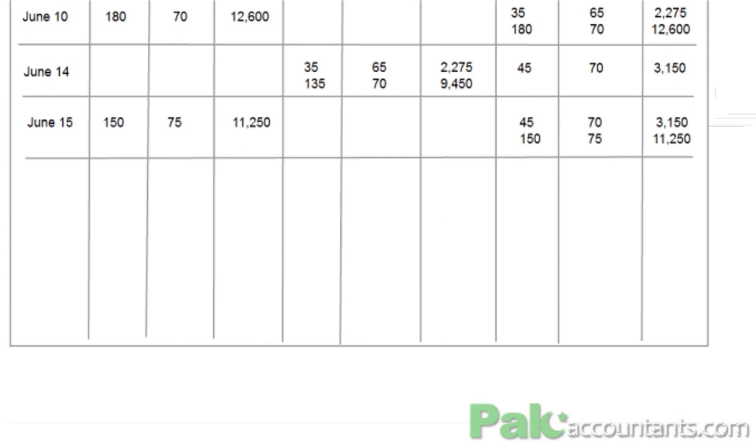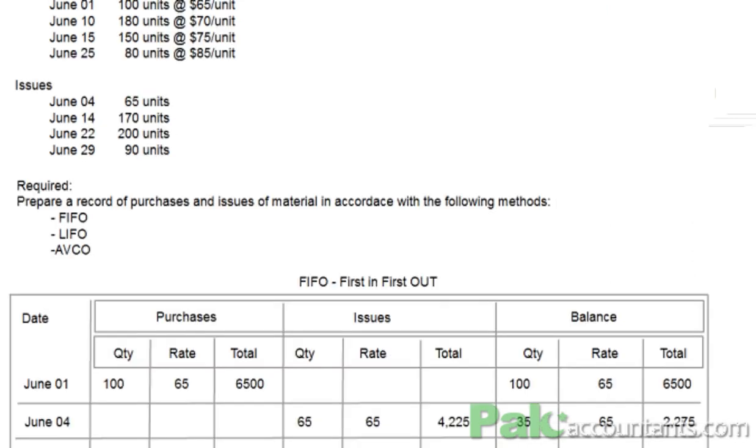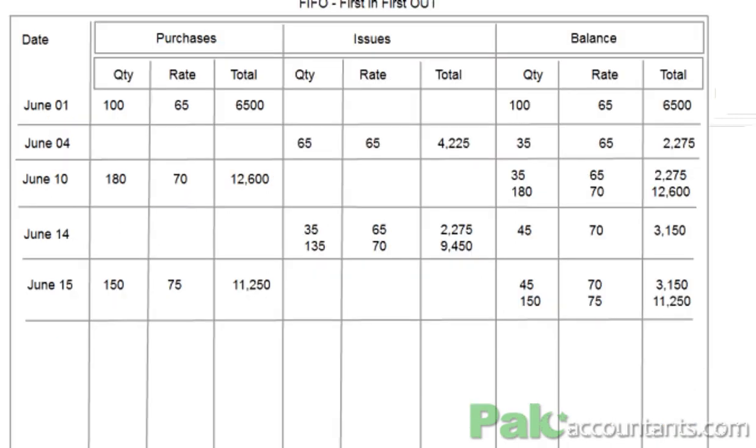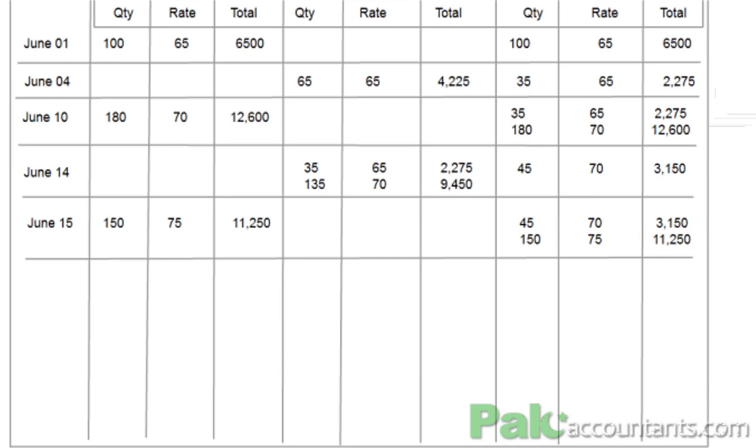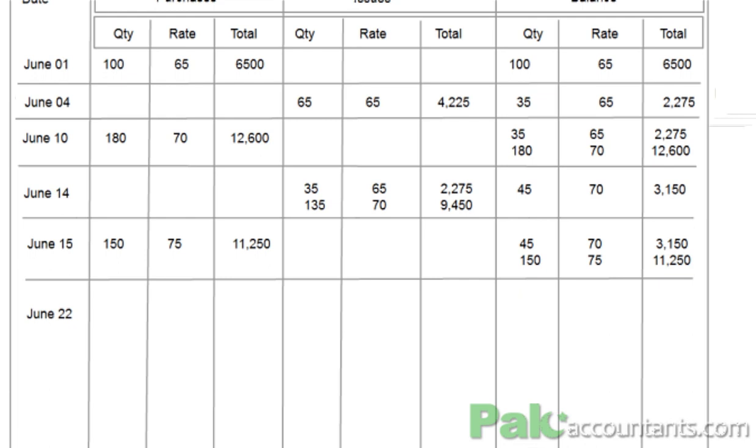Now issues at June 22. Okay, there is a slight mistake in the question. Let me just mend it a bit to make the issues for 150 units, because we don't have these much units with us. So 150 units that we need to sell. Okay, so June 22 we are issuing how many units? 150. So 45 will be applied first. 70 is the rate. 3,150,